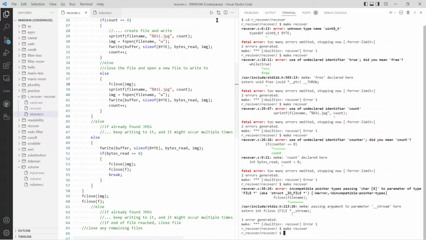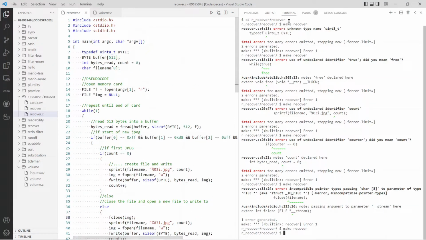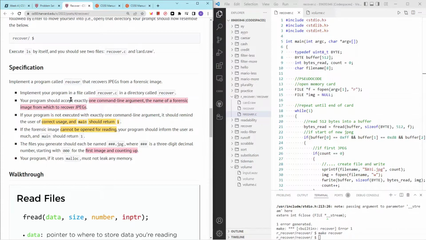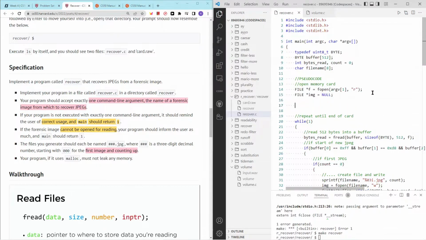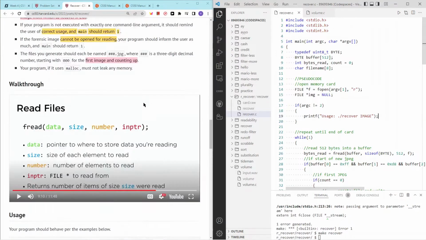Wow. Okay. Let's run it, I guess. Wait, no, before we run it, there are some additional things we have to attend to. Okay, so if it's not exactly one command line argument, we have to tell them the correct usage and return one, which is going to be here. So if argc is not equal to 1, I mean not equal to 2, then we tell them the usage,